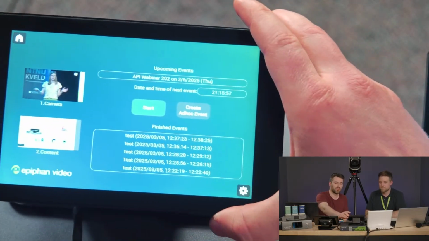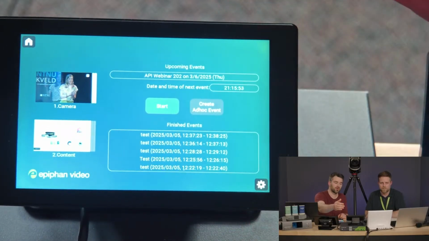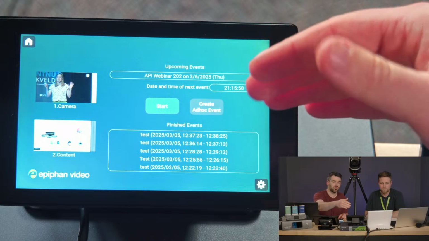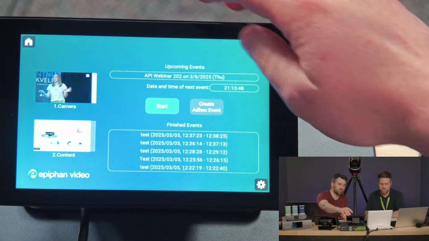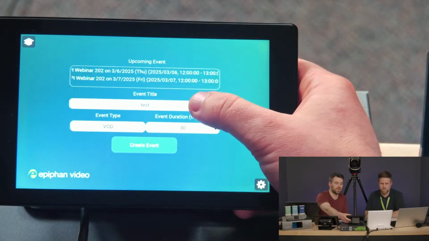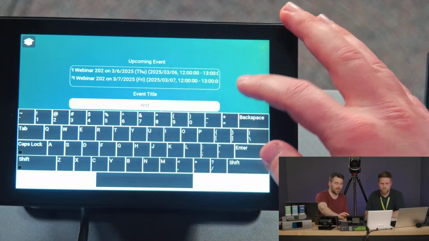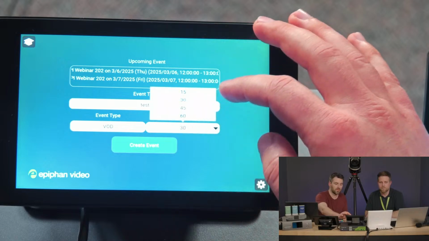I'll just move this over a bit. Perfect. So we have this module here. This was custom built by us using the QSys designer, and then we just added in pages to do certain things. We can create ad hoc events, enter a title, and specify if it's VOD or live, this is for Panopto, and the event length.